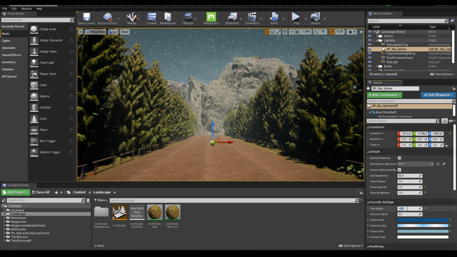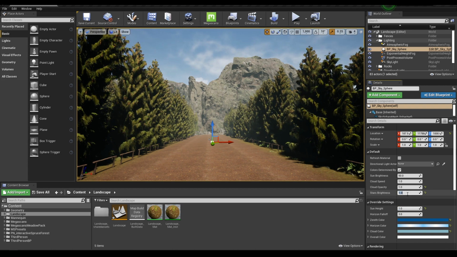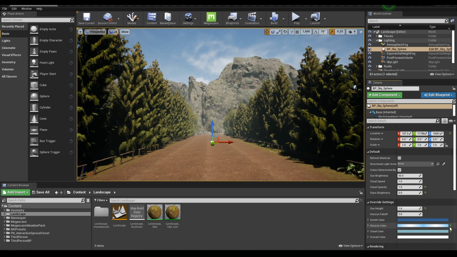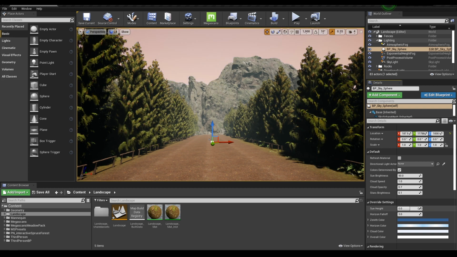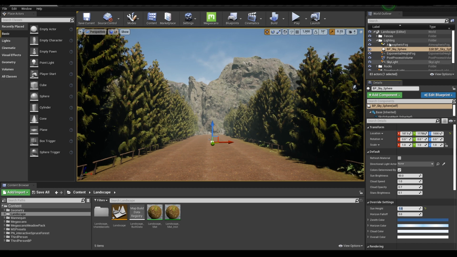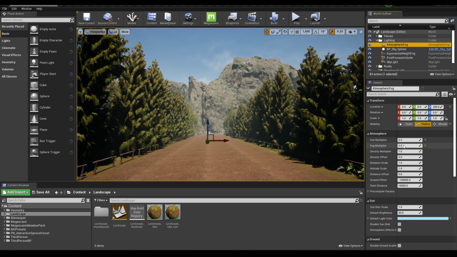So let's change it back to the daytime and star brightness to 0. Also revert this, make them default. And go to atmospheric fog and let's turn it down a little bit.